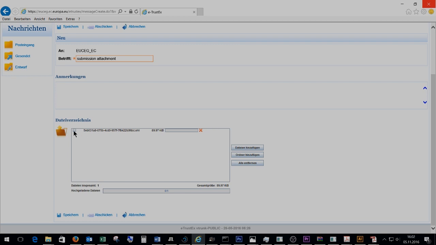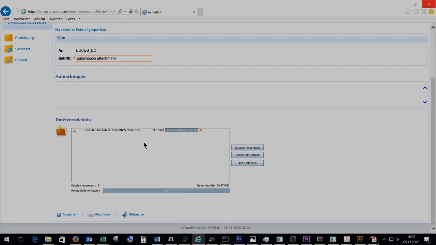Please don't tick the box, because it will create an error message when it comes back from the EU. Next step is you need to save the whole thing, and that can take a while. As you can see, this is 89-90 kilobytes, which is not an awful lot. Sometimes this can take up to 10 minutes even for the smallest size files. Anyway, once this has happened, you can then